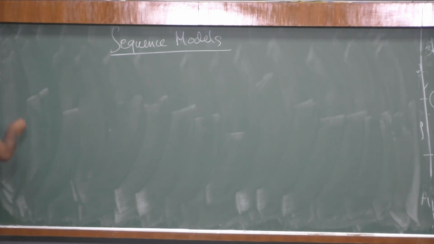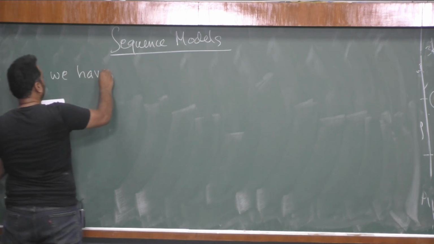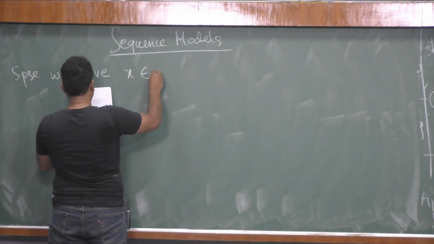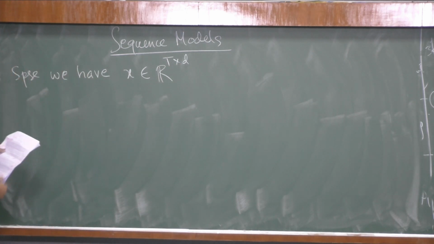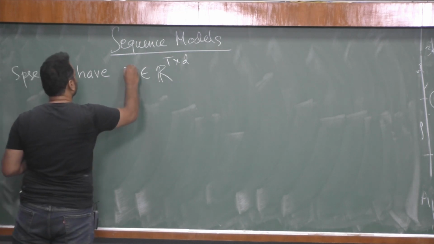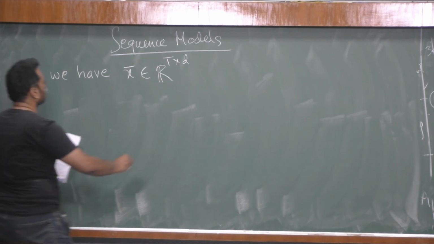So suppose we have x in R^(T×d), where x is, you can think of this as a matrix now. So you have d-dimensional vectors stacked T times. There are T d-dimensional vectors, so that's how we can see x bar, which is a sequence of